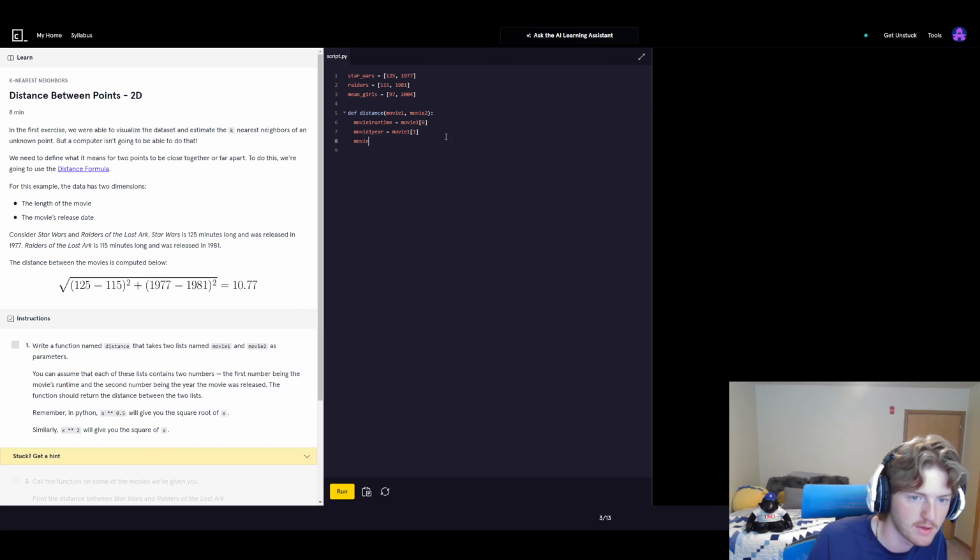And then we can do the same thing by just doing movie 2 runtime is equal to movie 2 to the index of 0. And then movie 2 year is equal to movie 2 to the index of 1. Then we can do the actual distance formula, and we'll set this equal to distance. I'm going to wrap it in parentheses here, and then do another one and just kind of do the formula here where we do